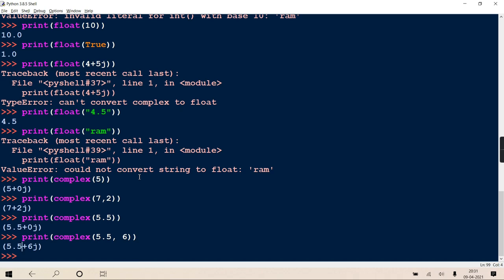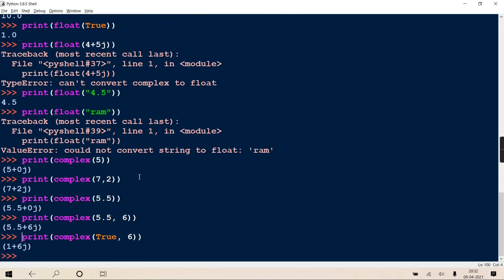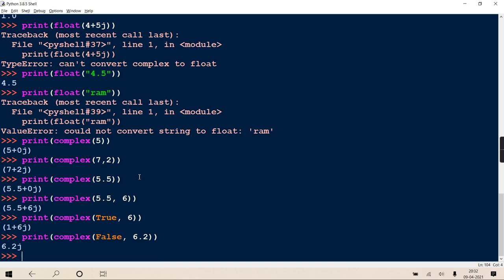Now what I want to tell you is that in this combination, boolean can also be involved. Like I am writing True, 6, so it will take 1 plus 6j. Or here I am writing False and 6.2, which gives 0 plus 6.2j.